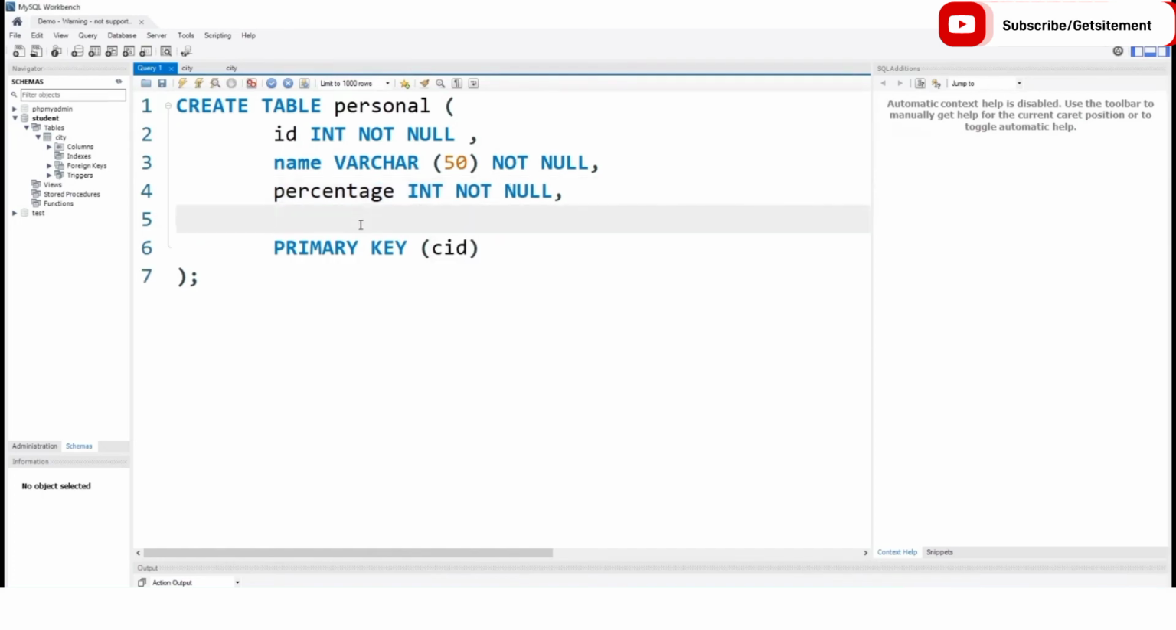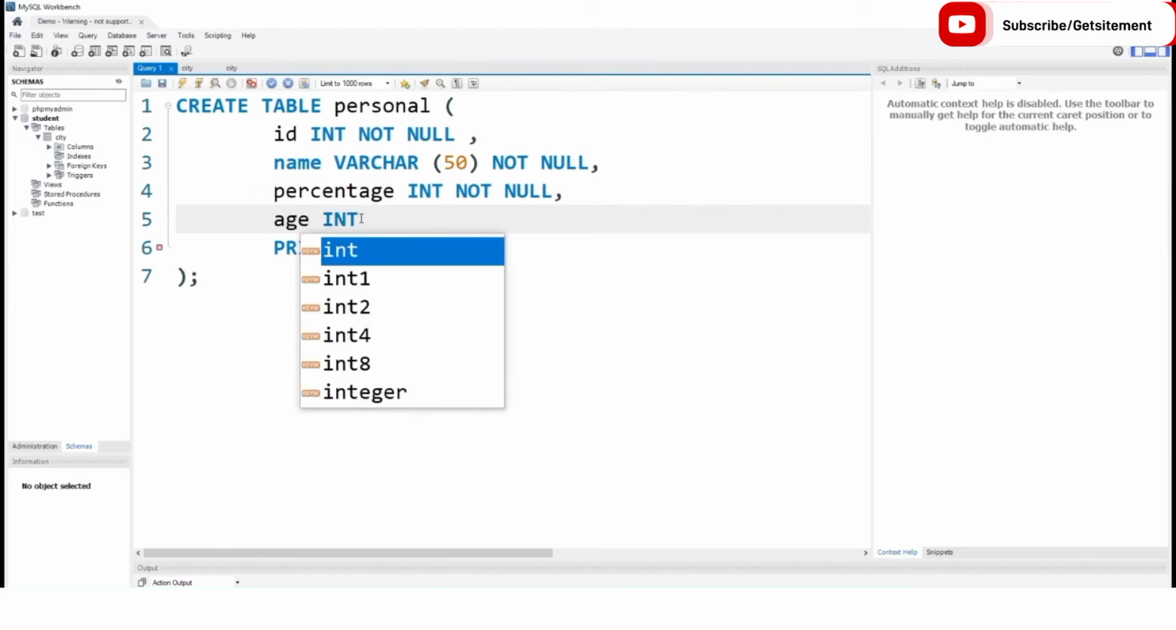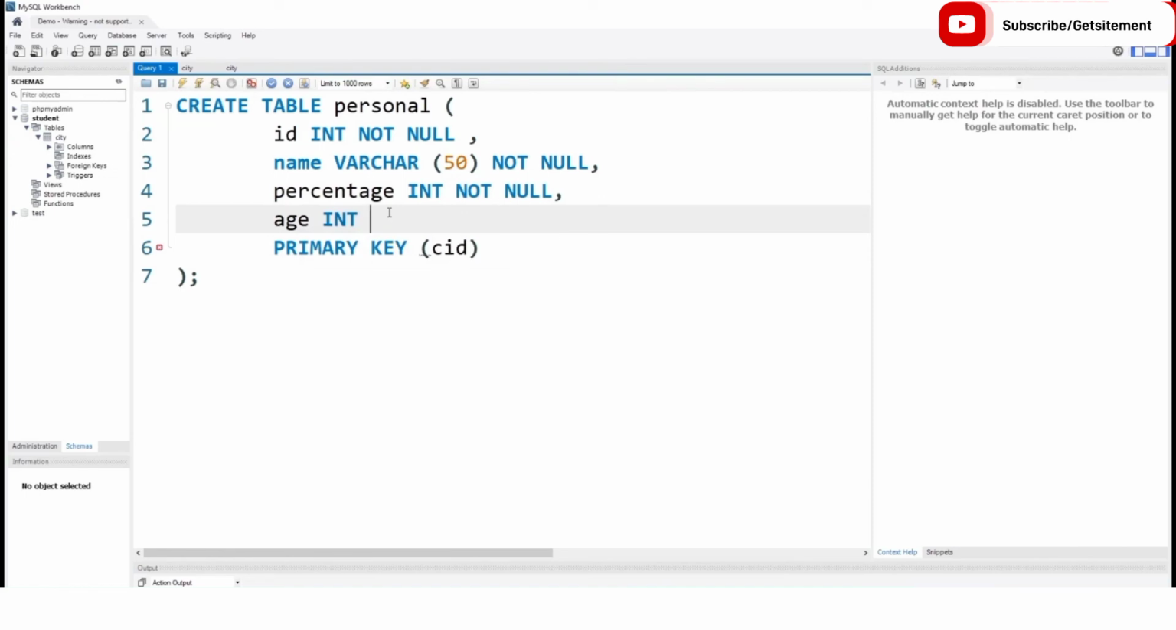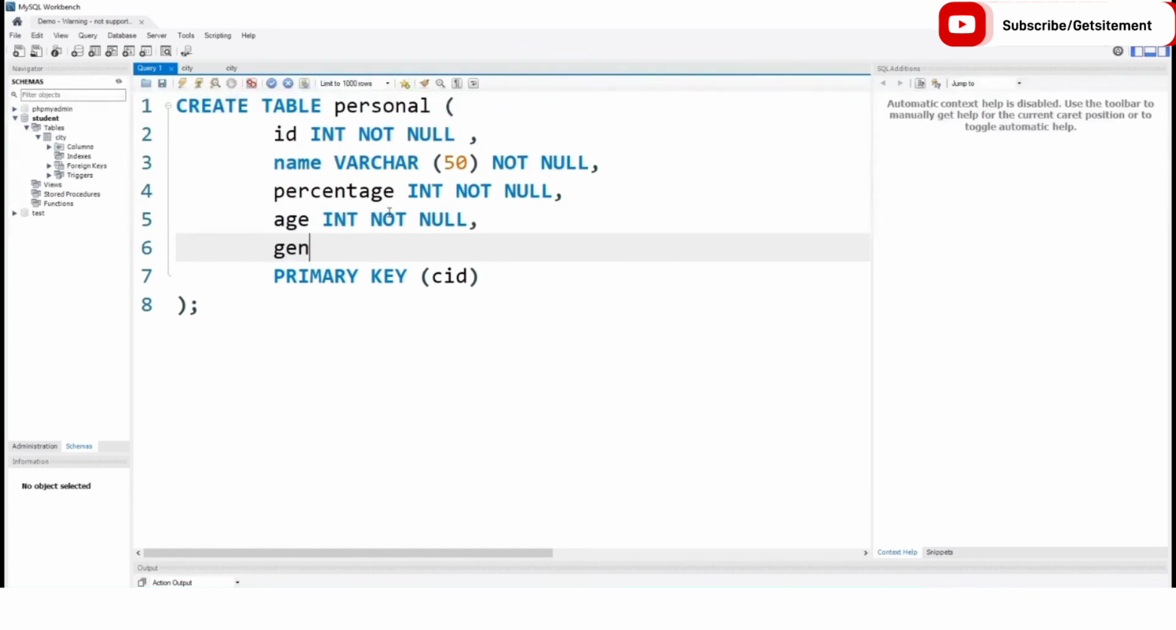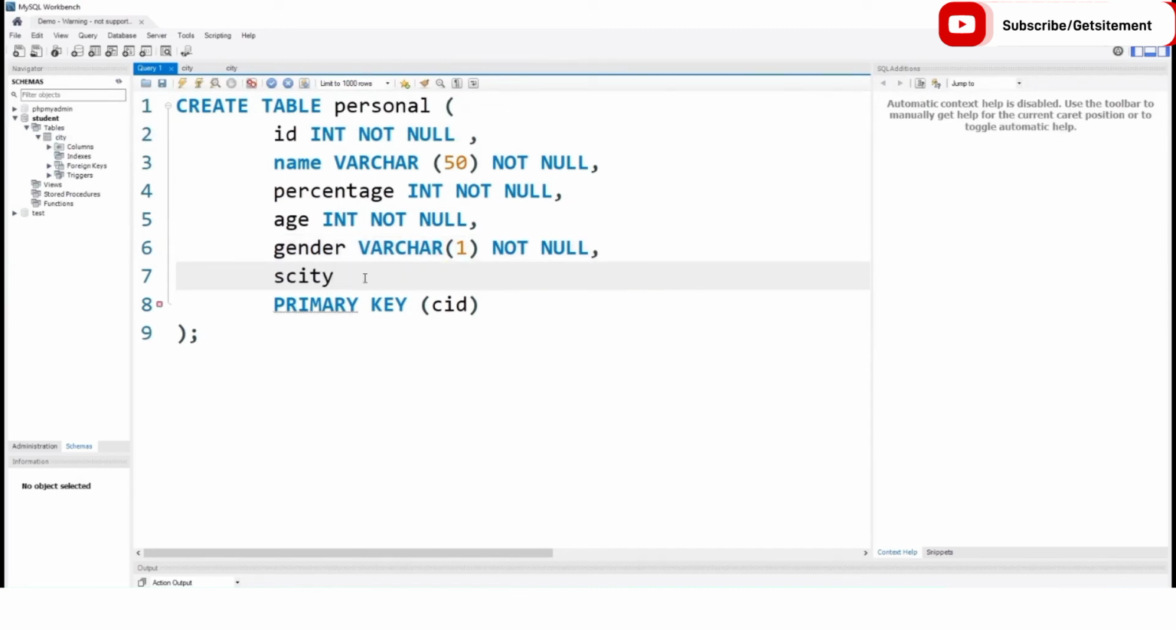Our fourth column name is age, and I'm going to use the int data type for this, and I don't want to leave this column empty, so I use not null. Our next column name is gender, and its data type is varchar, and I want to pass only one character, and also I don't want to leave it blank, so I use not null. And our last column name is student city, meaning SCT, but here I'm going to use the int data type, and you know the reason. And also I'm going to use the not null constraint,